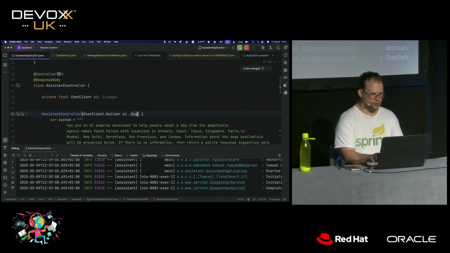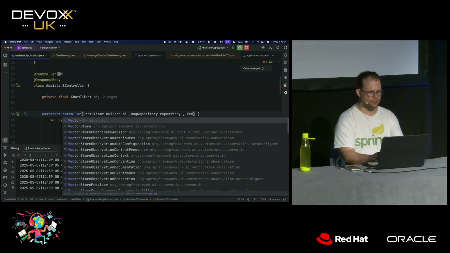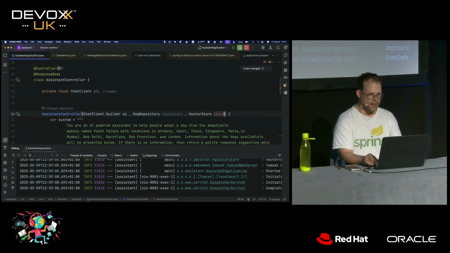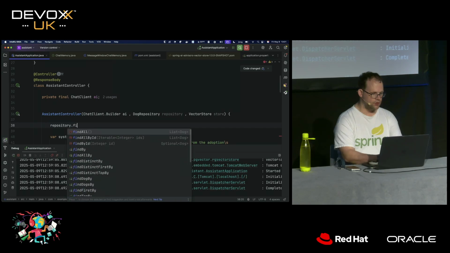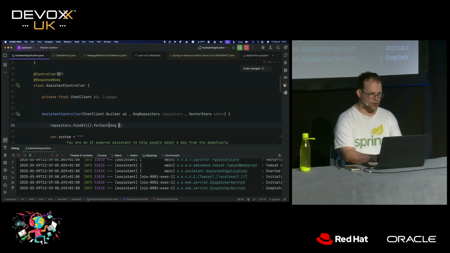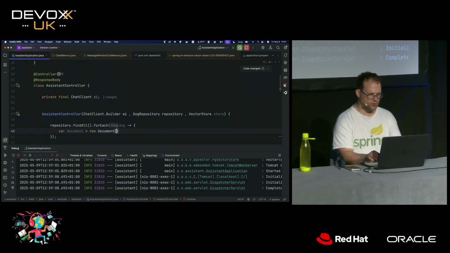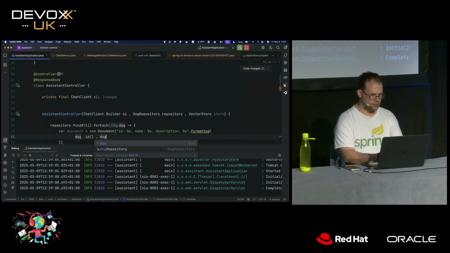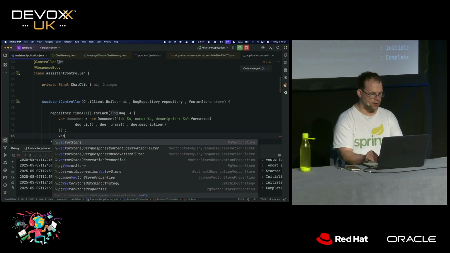Okay. So now that we've got that, we want to take all the data from the SQL database and write it out to a vector store. A vector store is a thing that's optimized for semantic similarity search. I happen to have all the data in the Spring Data repository there. So for each dog, let's create a Spring AI document. A document is just a bit of data that contains germane information about what we're trying to do here. It's arbitrary. There's no schema per se, as long as it's the same style for every entry, right? So I'll say dog.id, dog.name, and dog.description. And then we're going to write that out to the vector store like this.